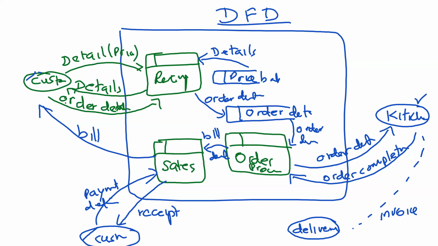And order handling or sales will send delivery details to this particular person. The kitchen has sent the other required things, and now they will send this invoice. And if any acknowledgement part is there,